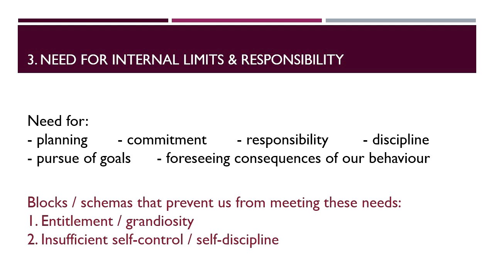Now, if we are unable to meet these needs for having some limits, for feeling responsible towards ourselves and others, then we might be struggling with things like impulsivity, being unable to maintain a schedule, for example, or being unable to commit to certain goals, to make commitments in relationships. And generally, perhaps such individuals could be described as being eternally in the present, so that they don't foresee consequences of their behaviors because they don't have these limits in their life. They don't know how to put limits into their behavior.